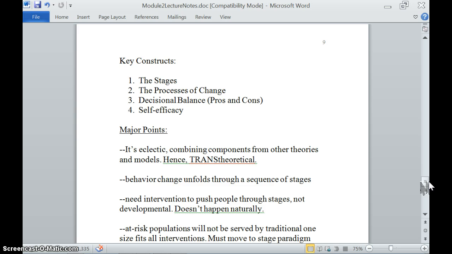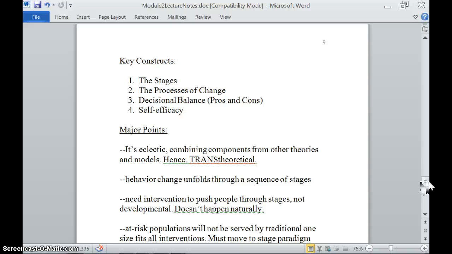So again, very simple in some ways, which is why practitioners and coaches have liked this model. You ask people a question: do you intend to do this behavior? Have you been doing this behavior? And based on your response, you get plopped into these 5 different categories of pre-contemplation, contemplation, preparation, action, and maintenance,